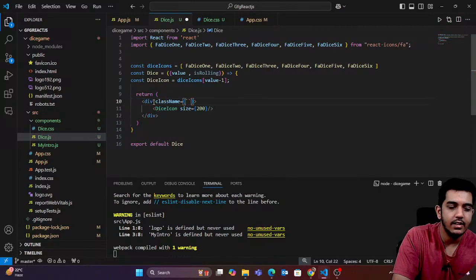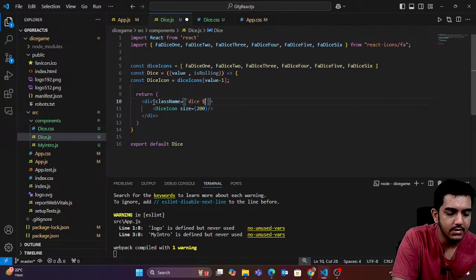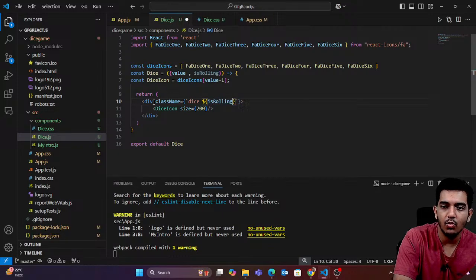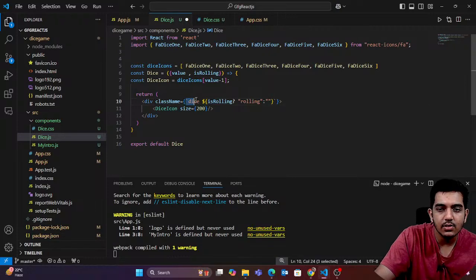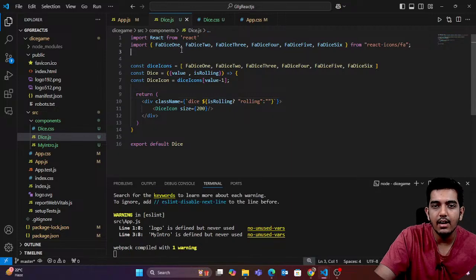First of all, take the dice stylings, and also if the isRolling variable is true, then add an extra class named rolling, else don't add any extra class. So the dice class would always be there, but this extra class would be added conditionally. I'll save it and import